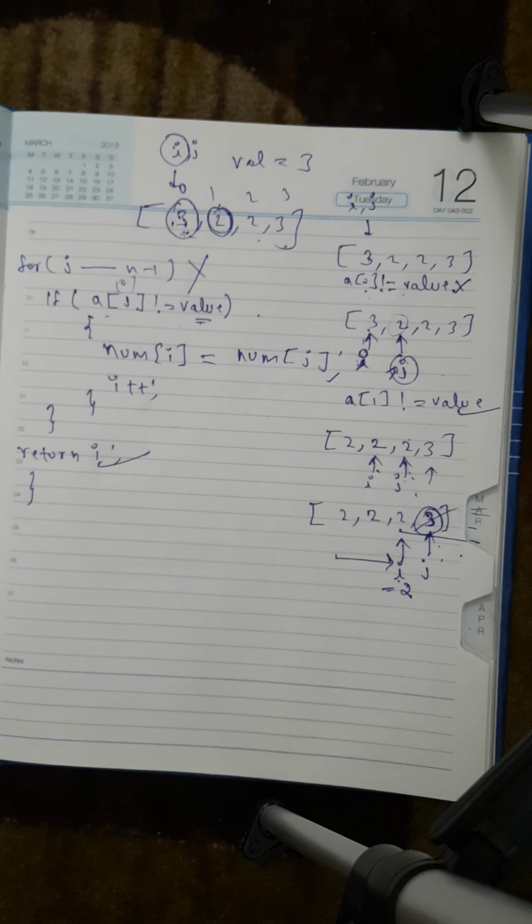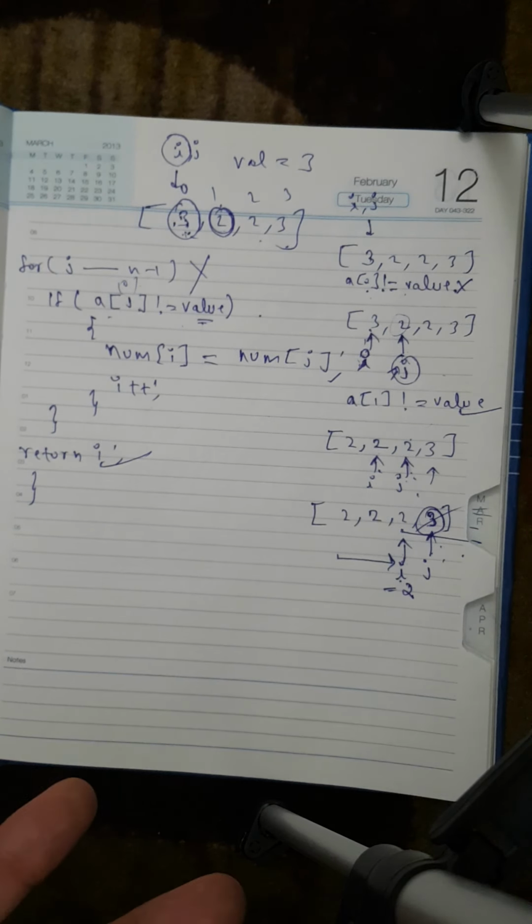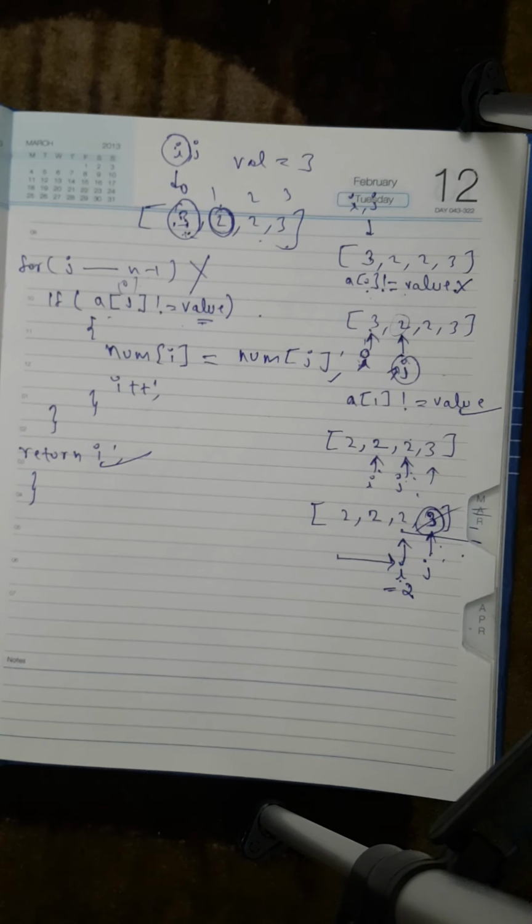And this solution has O of n time complexity, and this will be the final solution. So when the array at jth index is equal to the given value, we will skip that element by incrementing j, right? And as long as the array at jth index is not equal to value, we will copy the value at array of j to array at index i, and increment both indexes at the same time. So likewise, if we move this way, we will have our final solution, and it will take O of n time complexity.